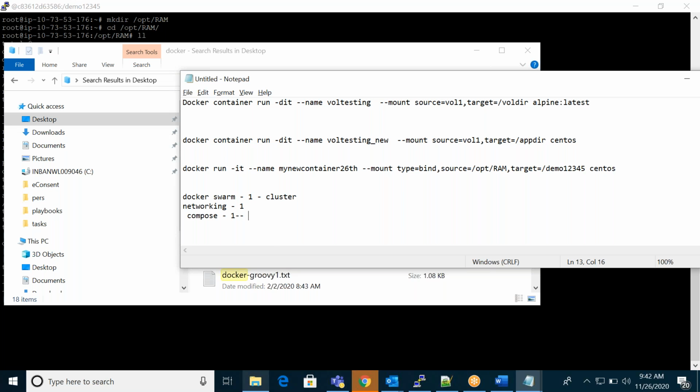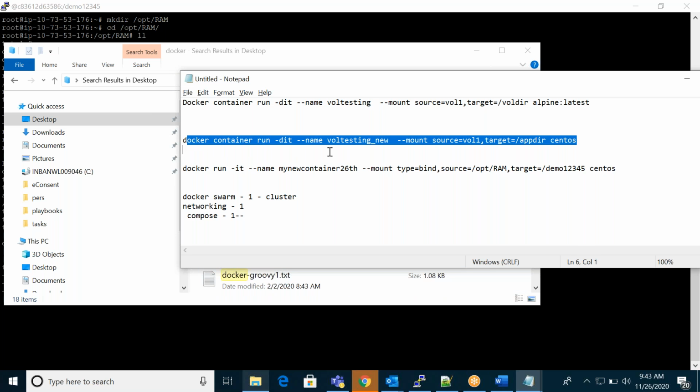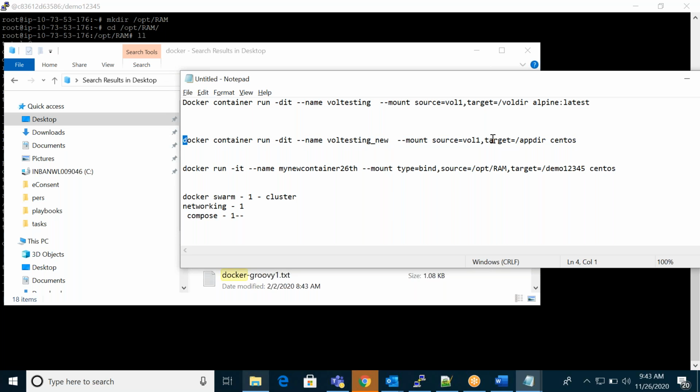Compose means, as of now we are creating only one container using this command. If you want to create multiple containers at the same time, then we can go for Compose. Using Compose, we can handle multiple containers with multiple images or the same image.